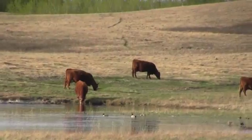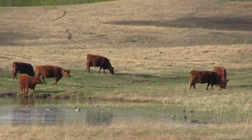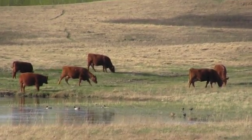What exactly is grass tetany? What are some signs and symptoms? Grass tetany is a metabolic disorder of cattle. Typically what happens is magnesium levels in the body drop below the critical level. The animals become uncoordinated. They are not able to walk well. They'll become recumbent, and basically once the animals go down, they do not have the ability to get back up